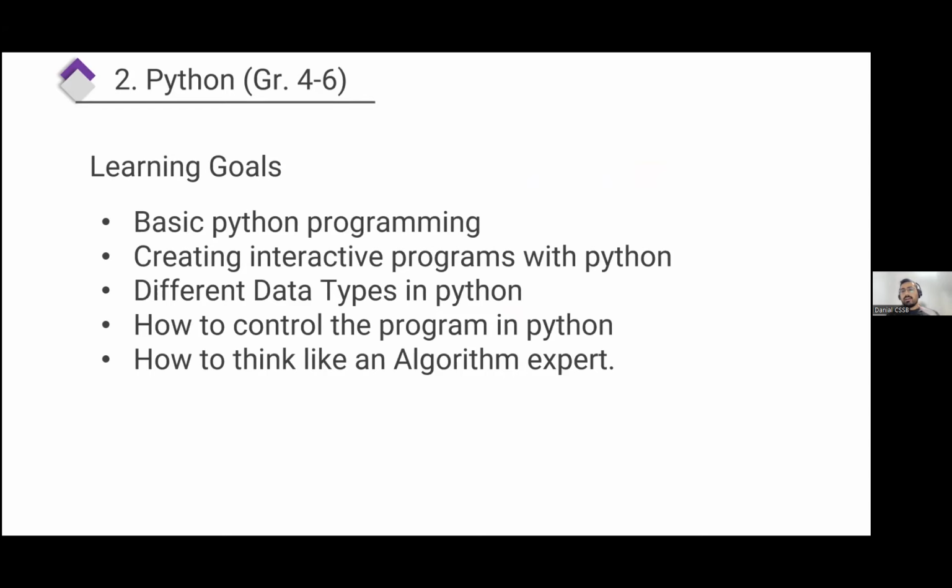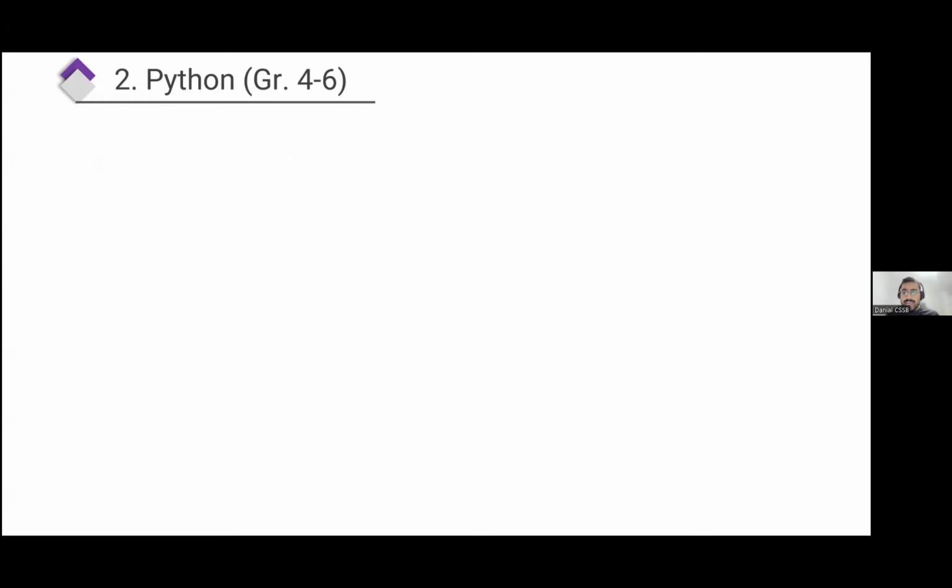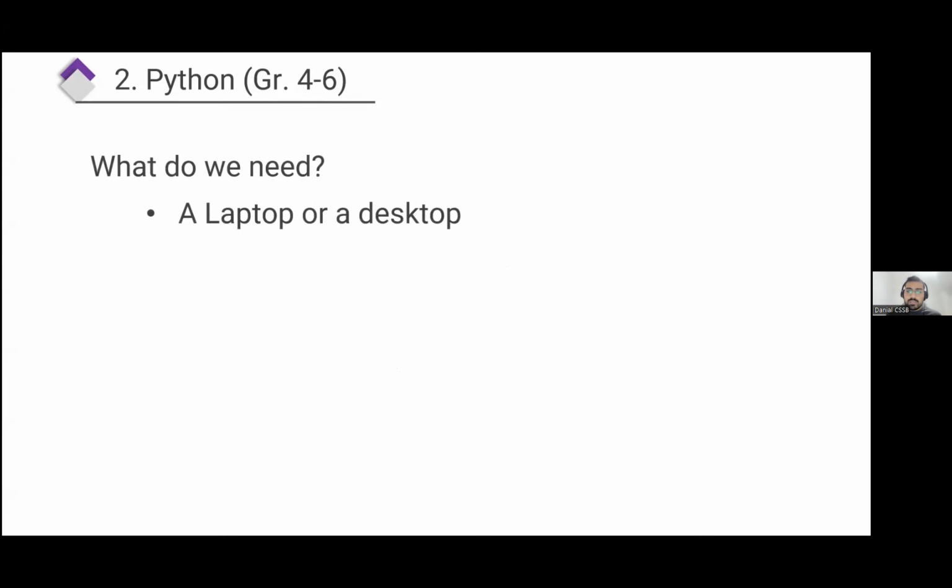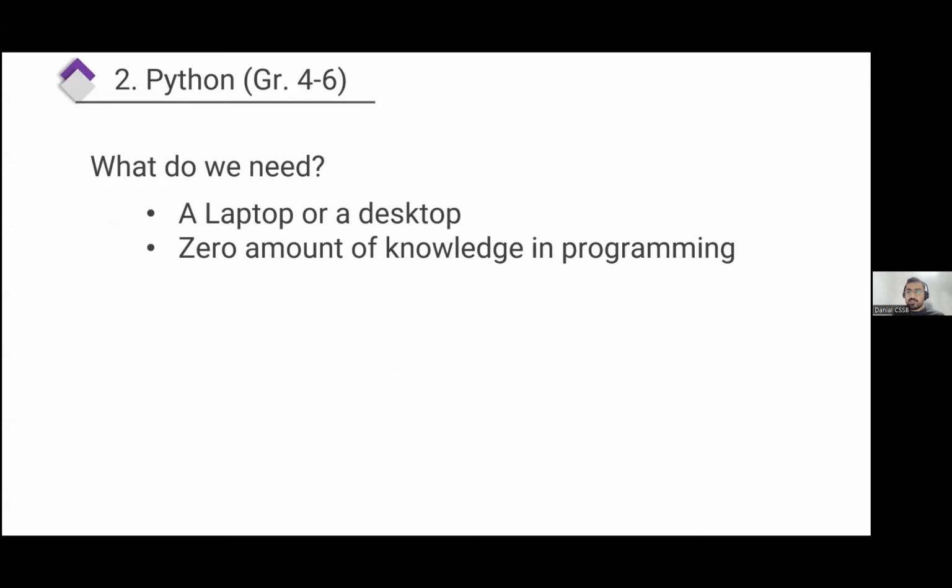So it's also a development class for algorithmic thinking and problem solving. It's going to be very cool, very great, and all hands-on projects. And what do we need?